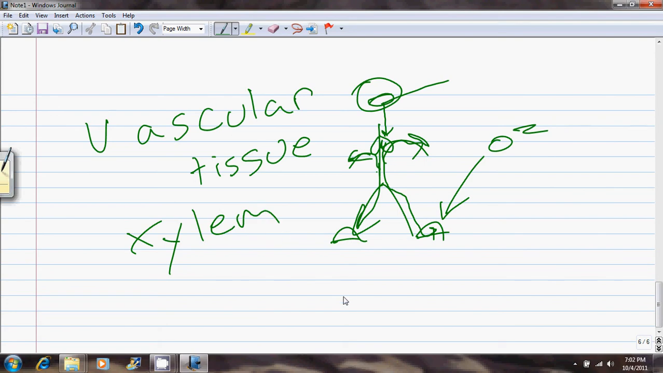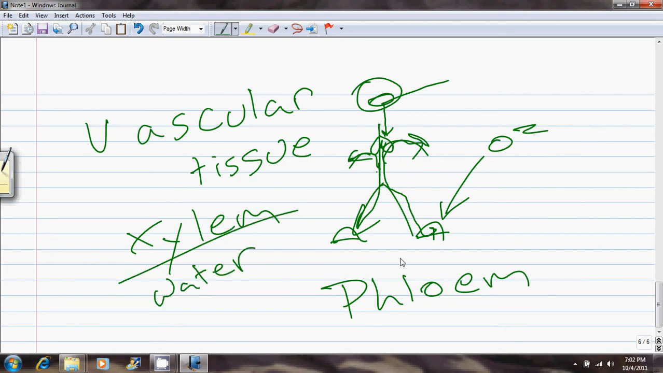Xylem is primarily responsible for the water. Phloem is primarily responsible for the food. Though in here there can be minerals and nutrients in that water, but we're just going to keep it on the basic ones. Now, the way that I remember xylem is this: